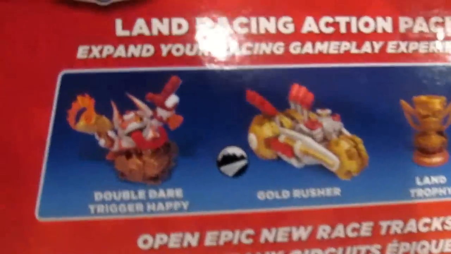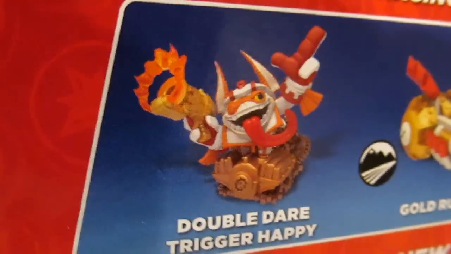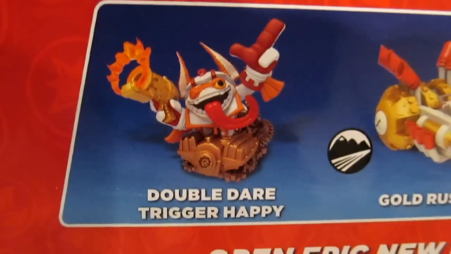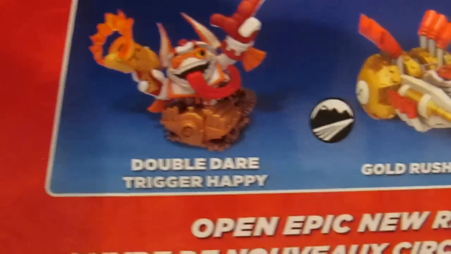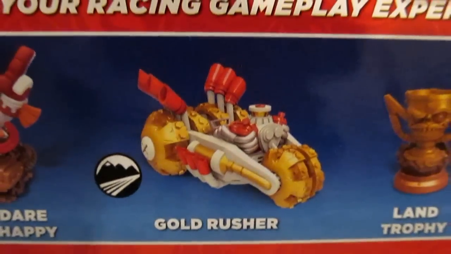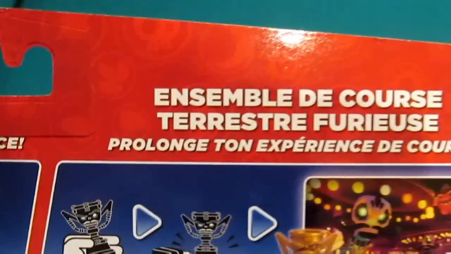But pretty cool stuff. We'll flip this over. Again, if the colors are off, that's often a good place to get legit colors, right there on the toy image, if you will. So Double Dare Trigger Happy. We get his Gold Rusher. There's our land trophy. Again, Count Moneybone. And,